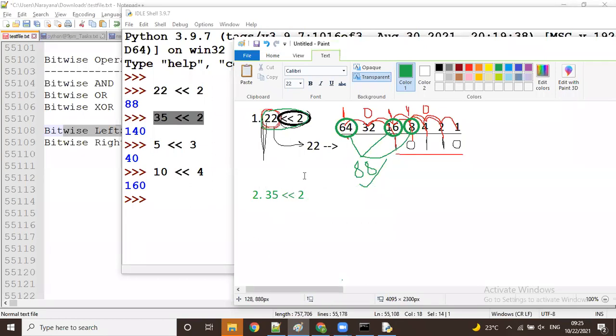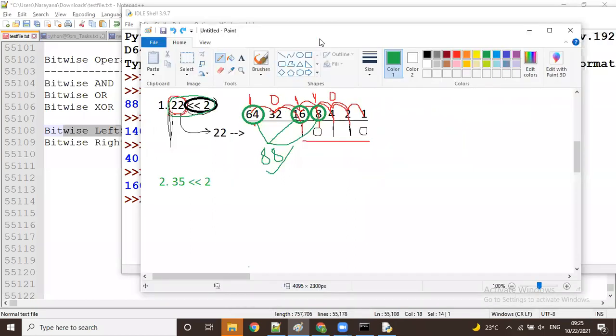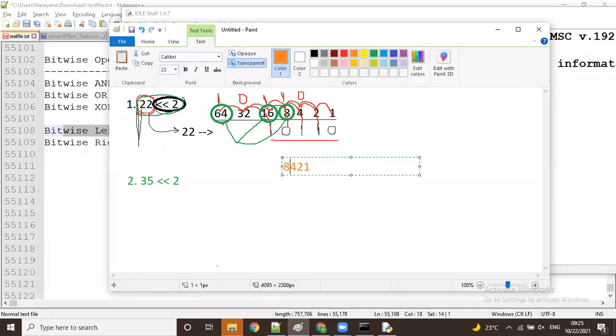So first, what do I do? All of you observe. First of all, for this 35, I take the binary values. Now for 35, tell me all of you, what is required, guys? So I take the same 1, 2, 4, 8. So is this 8 enough, guys, to get that number? I am saying that the sum of these numbers will be 35 or above 35. Right or wrong?